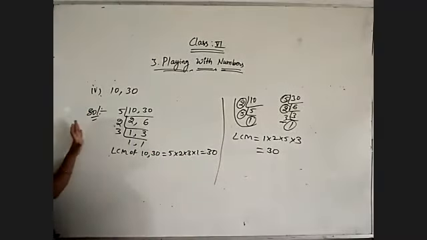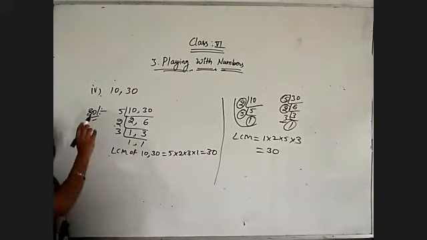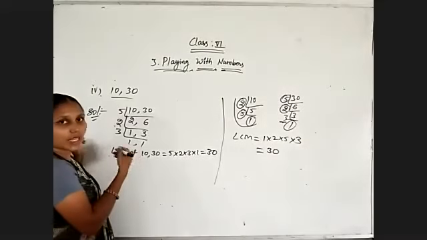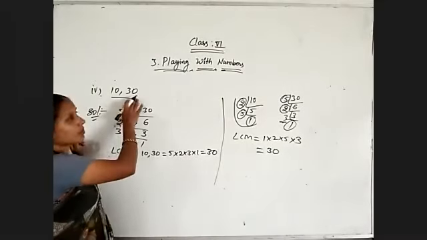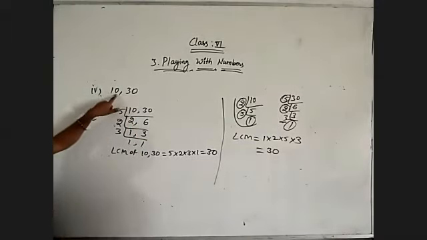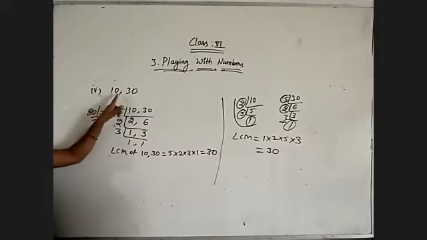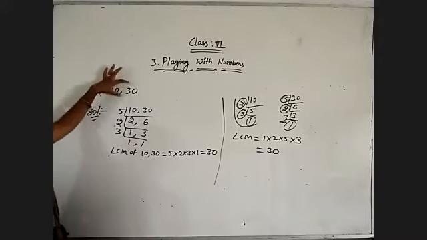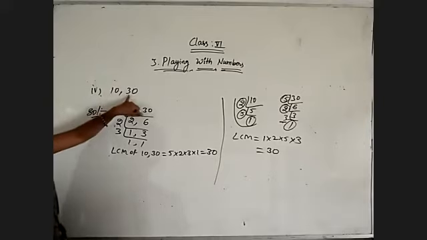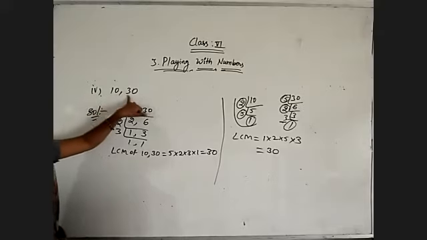See, just observe why we got 30. I'll give you one explanation. Observe this. Without doing this much process also, we are able to tell, we are able to decide what is the LCM of these two numbers. Whenever, observe, 30 is a multiple of 10. 10 threes are 30, in the 10 table we will get 30. Yes? So that's why. Whenever you are given two numbers, if one of the numbers is a multiple of the other number, then the smallest number will become the HCF, and the greatest number will become the LCM.